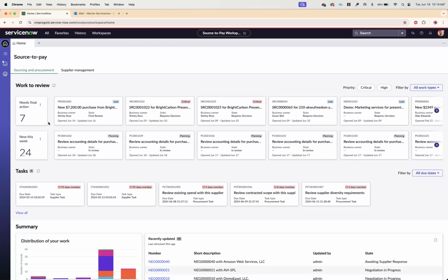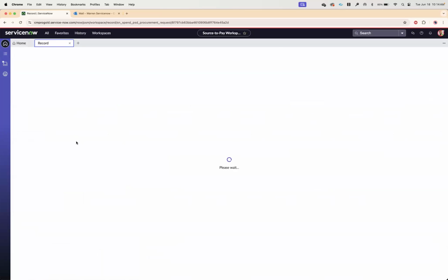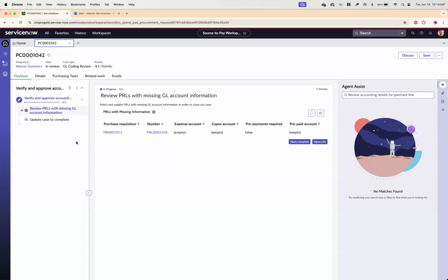And this here right here is the source to pay workspace. This is where Warren comes in. He understands his job functions, things that he has to do, but we're going to go over this maybe at another time. Today, we're going to jump in and understand the request that Shirley has made. So from a procurement perspective,